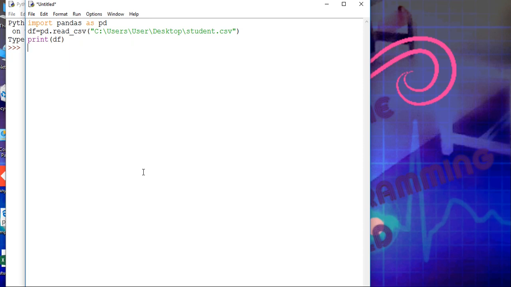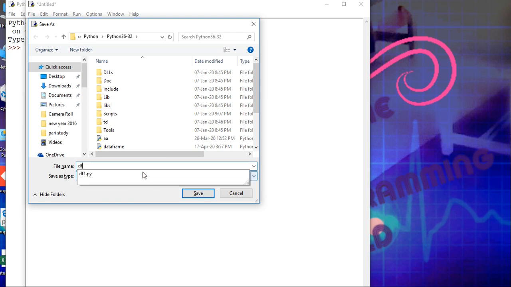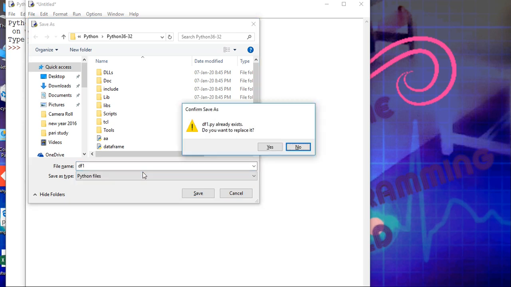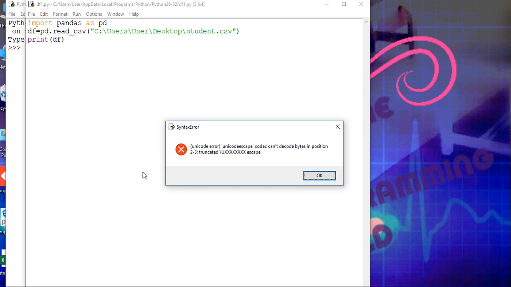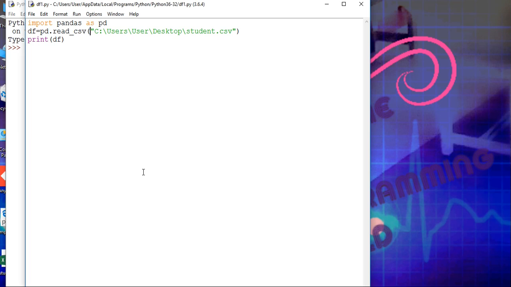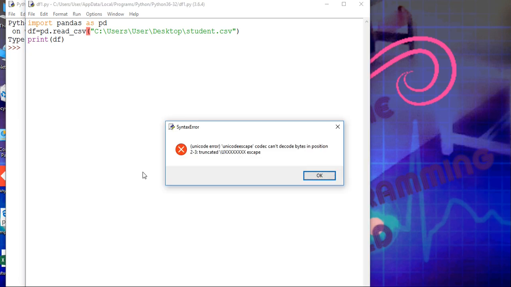Now execute the file. Save the file first. Save. OK. Unicode error, decode byte in position. Again execute.